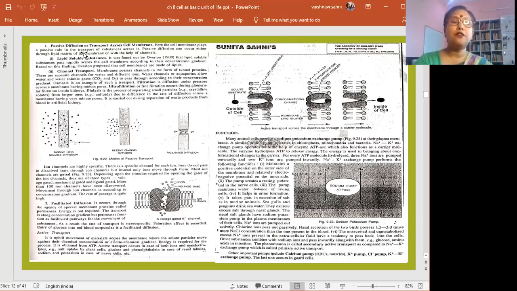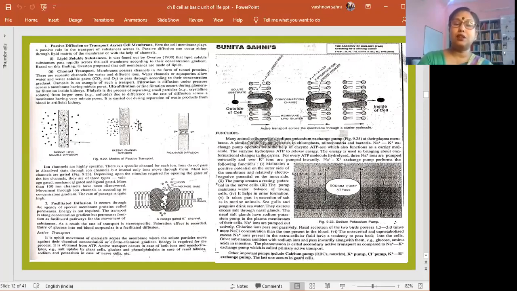During passive diffusion, when transportation occurs across the membrane, it may be because of simple diffusion. As you see in this first diagram, the membrane is porous and the pores allow the materials, the solutes, any of the three states of matter, to move from higher concentration to lower. This is simple diffusion.